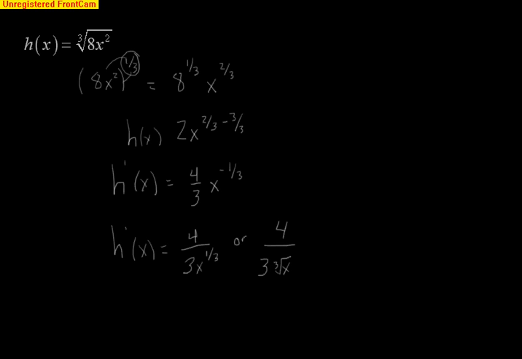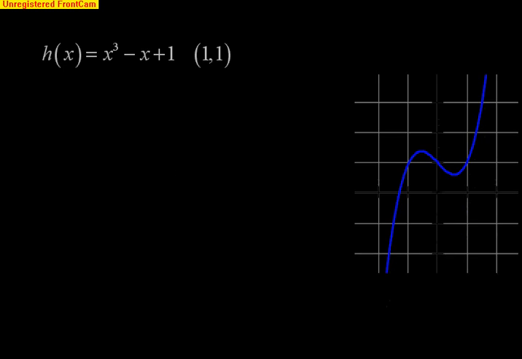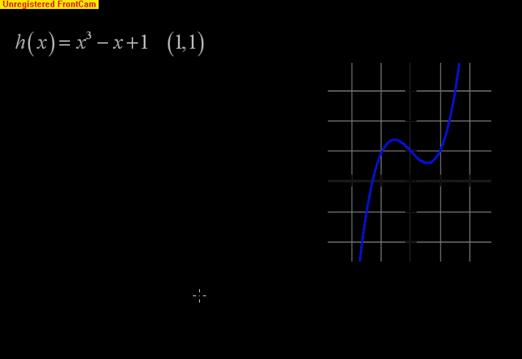So now combining what we learned last section with the equation of the tangent line, let's say we have the following, where we have the function x cubed minus x plus 1, which is this graph right here, and then at the point 1, 1, which is right here on the graph, we want to know the equation of the tangent line that goes with it. So it starts off,